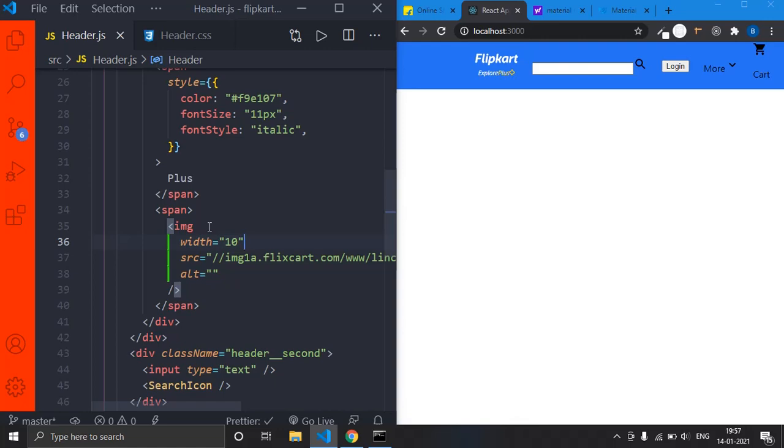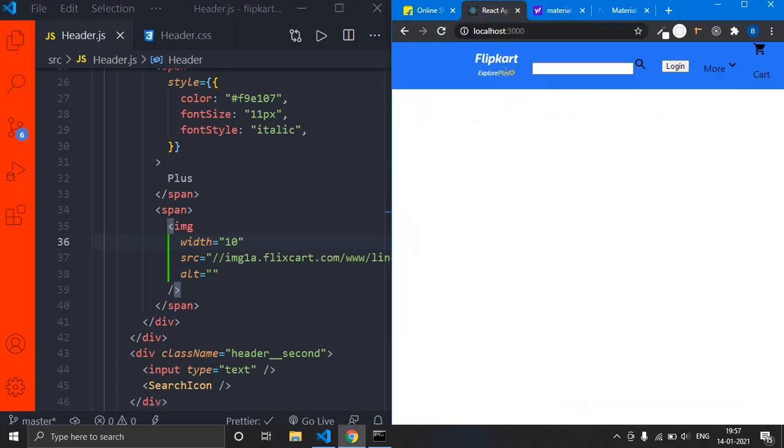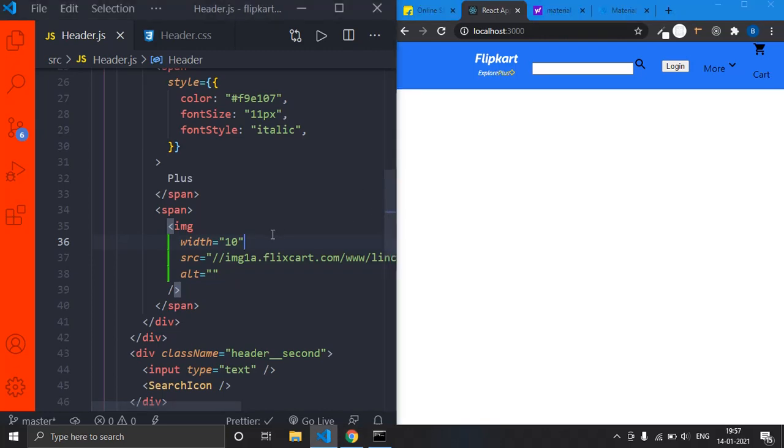Okay, now this is looking, I think, exactly as Flipkart does. But this color is somewhat light yellow, right? Okay, let it be, nothing will happen. Now, I think the whole first part has been finished. See, our Flipkart is looking perfect, and Explore Plus, that size is also given properly.